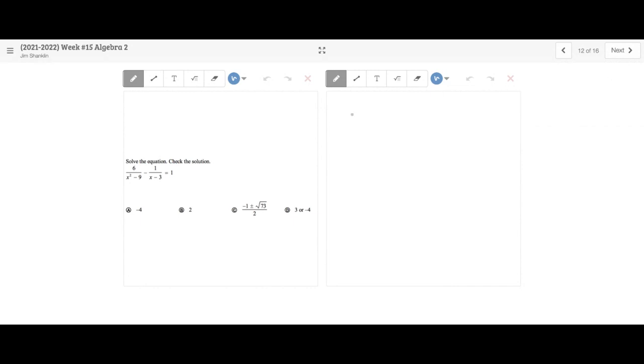So if I looked at this one, I'm just going to rewrite this as 6 over x minus 3, x plus 3, minus 1 over x minus 3, is equal to 1. So I'm going to multiply everything by x minus 3, x plus 3. This one's going to be a quadratic. I can tell because nothing's crossing out here. So both of these cross out. So I'm left with 6 minus